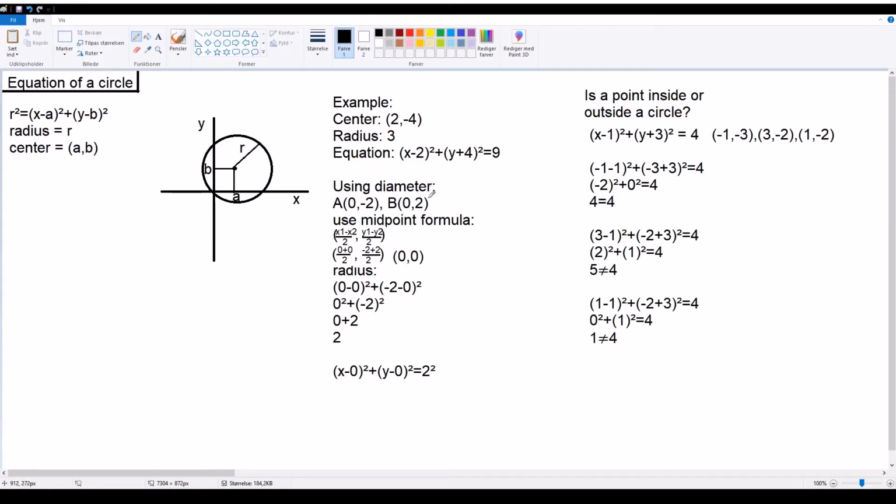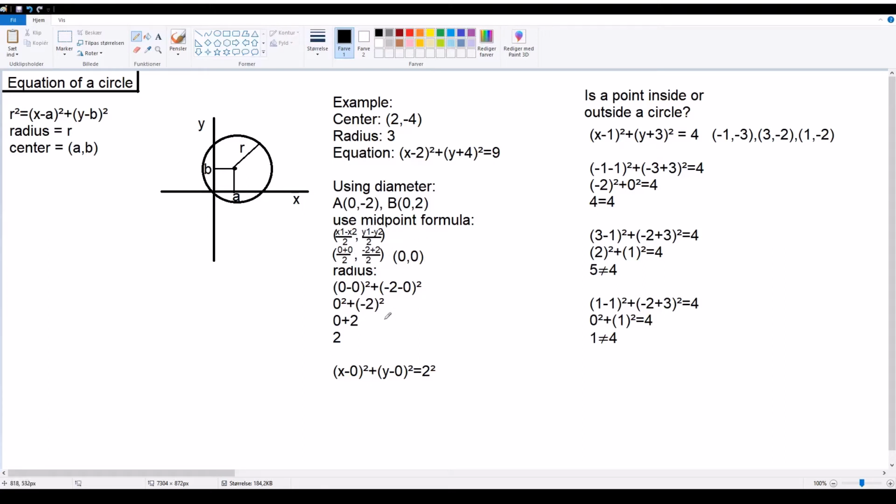One thing you can use this for is, for example, if you have the diameter of a circle, you can find out everything you need about the circle. Here we have a diameter, or a line, which goes from (0, -2) to (0, 2). We can use the midpoint formula to find the center of that circle. We put in our numbers, and we end up with a midpoint at (0, 0),